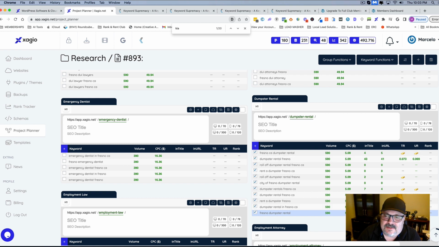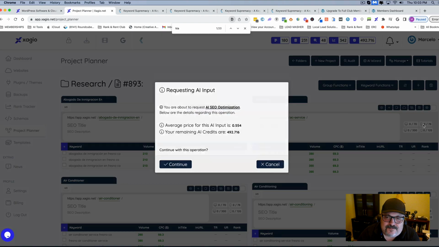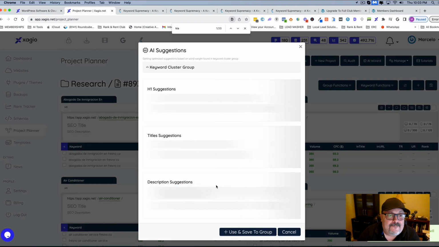You highlight all these, and then we're going to have AI write this for us. The AI is going to write the H1, the SEO title, and the SEO description. For me, I always struggle with the blank slate kind of thing, so I want the AI to do it for me, and then I can tweak as I go. So let's do that. Super cool. Click over here, optimize with AI, use some credits here, and then you continue. This is the super cool thing.